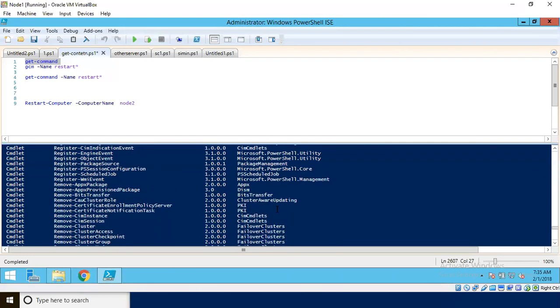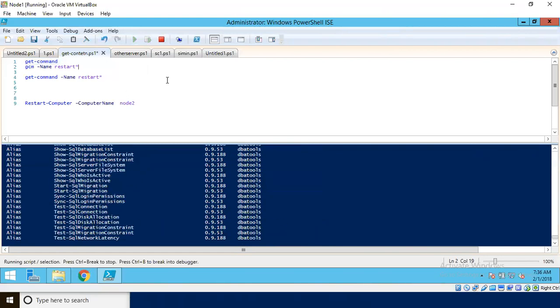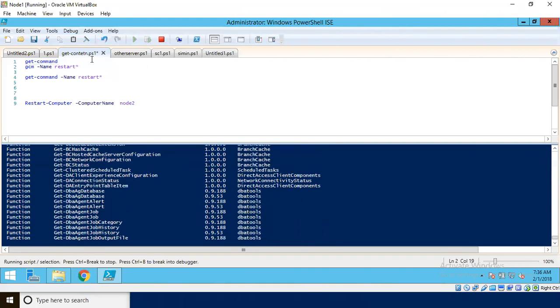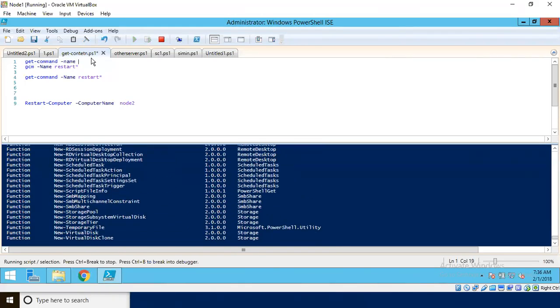Or else, Install-Module SqlServer will download the available PowerShell modules, and afterwards Update-Module will update them. Keep the modules aside. We will start with the basic commands. This is a basic command which gives the list of commands, and I want to apply a filter there with name as